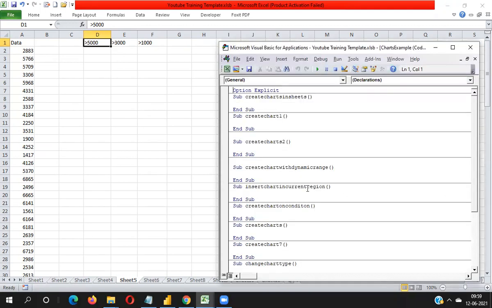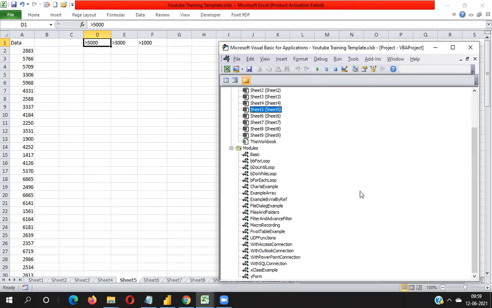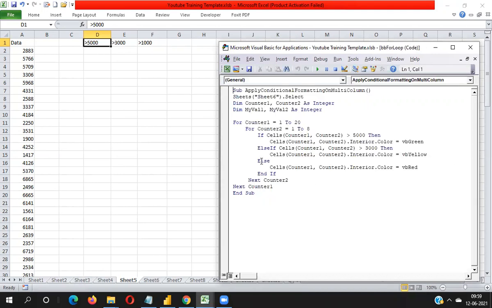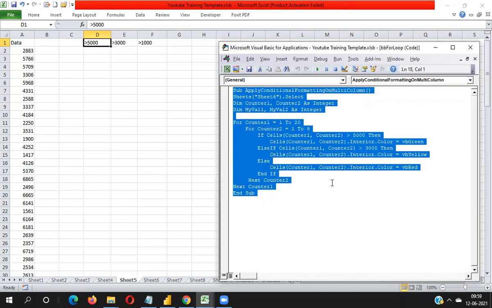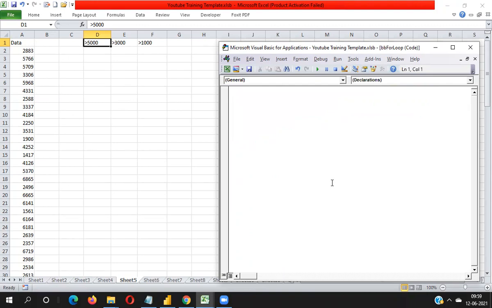Press Alt F11 to move to the code window. Control R to move to the module. Okay, so removing this. Here, first you need to activate the sheet where data is available. Sub filter data on condition, single column data.